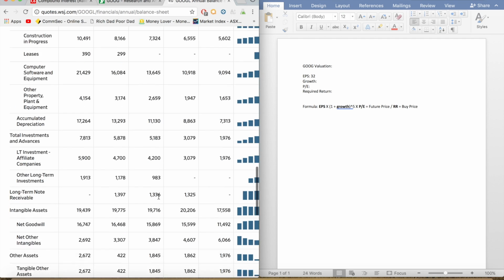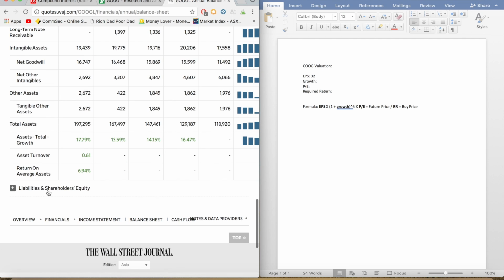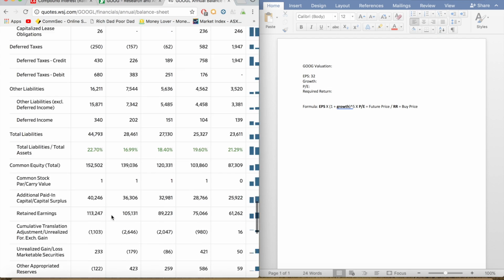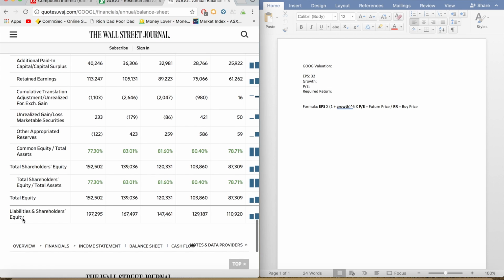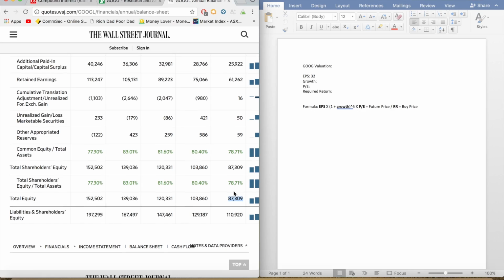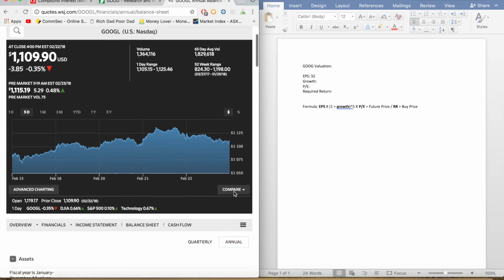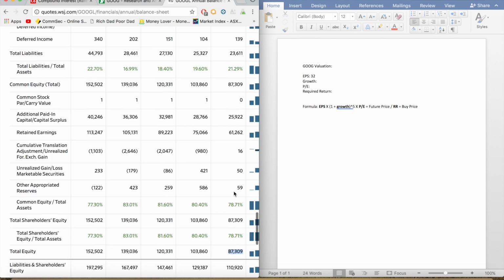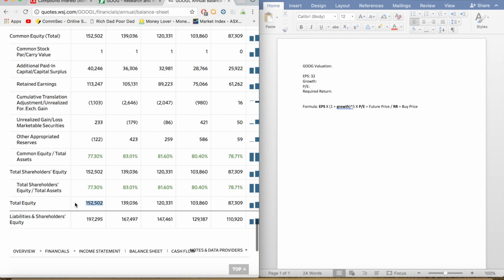So I'm going to scroll down and open this, liabilities and equity. And as you can see, here's equity. So this number 87,309 is the 2013 number. And this number 152,502 is the 2017 number. So we're going to take that number,